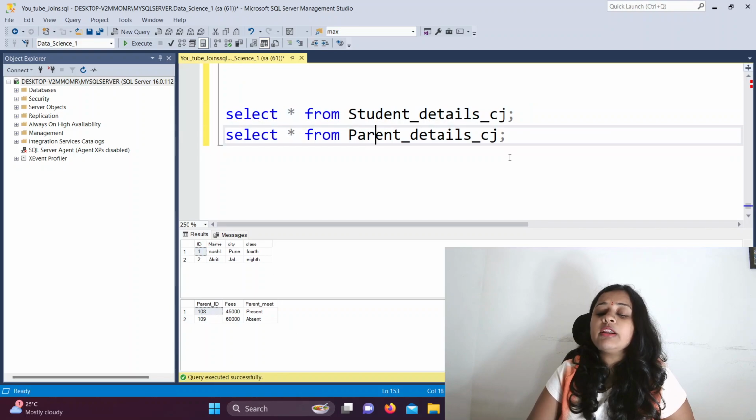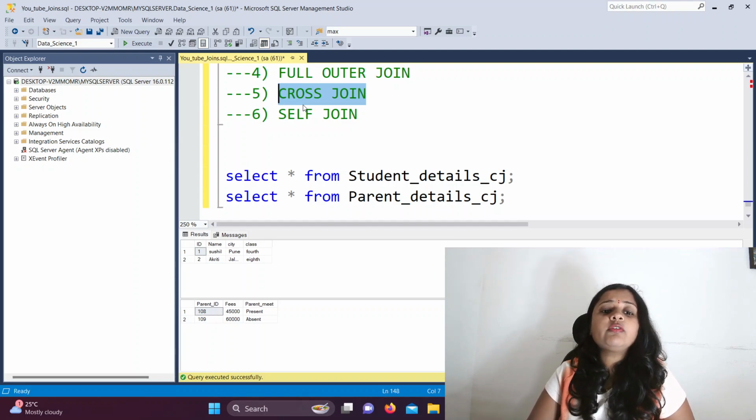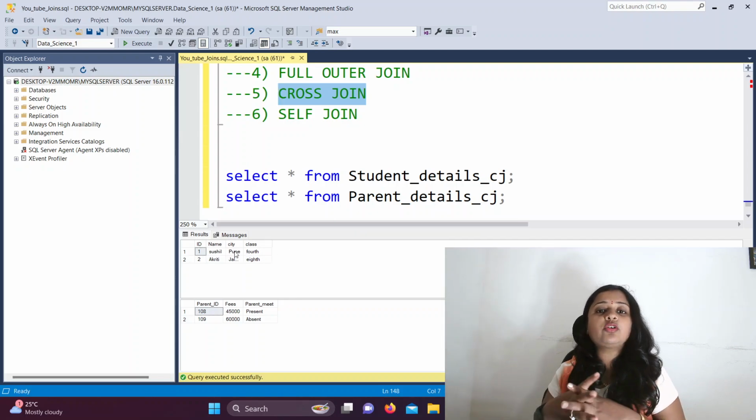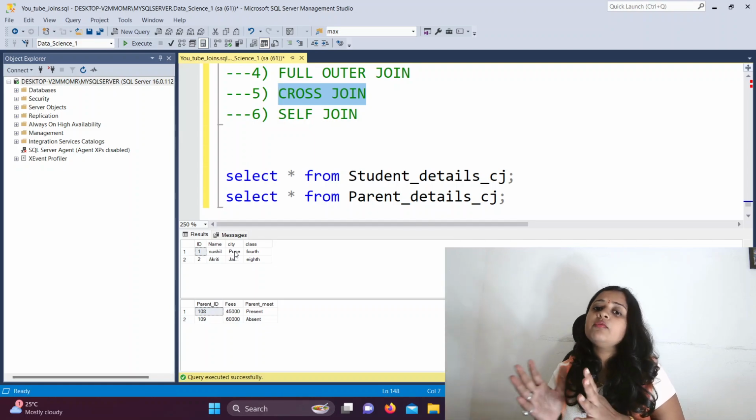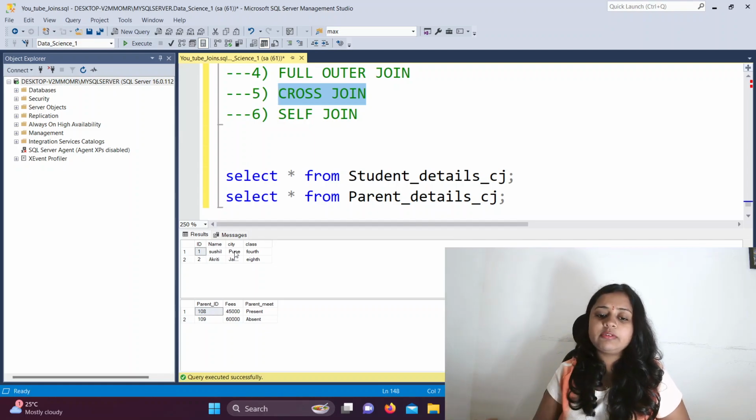Now guys, whenever we are talking about the cross join, other joins have different scenarios, but cross join has a little bit different scenario. Whenever we are talking about the cross join, there is no need for the tables to have a common column between them. You can apply the cross join between any tables which have nothing in common between them, but there should be some basic link between them.